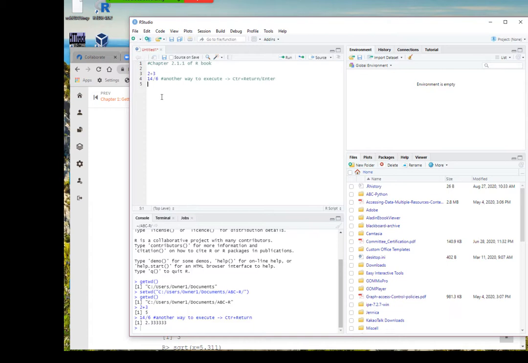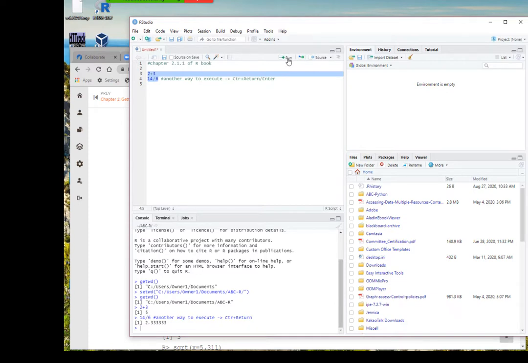Okay, so these are two ways to execute your command. Another thing is, if you want to run these two lines at the same time, you select these two lines and then click run or control return. Let's execute these two lines at the same time.